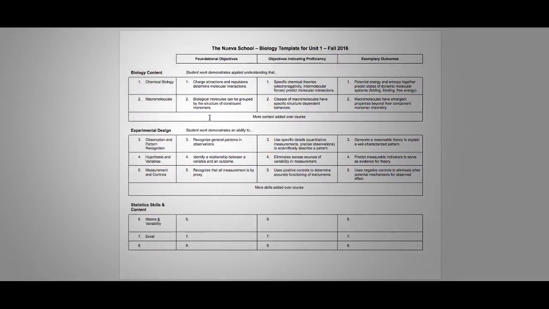We have the idea coming from macromolecules that macromolecules are based off of these monomer units, and that these macromolecule classes behave in groups of ways. So, for example, lipids behave in a certain way, amino acids or proteins behave in a certain way, and DNA, or nucleics, behave in a certain way.